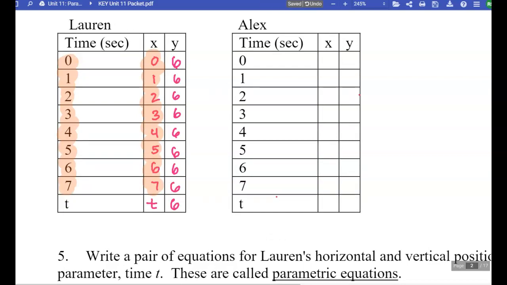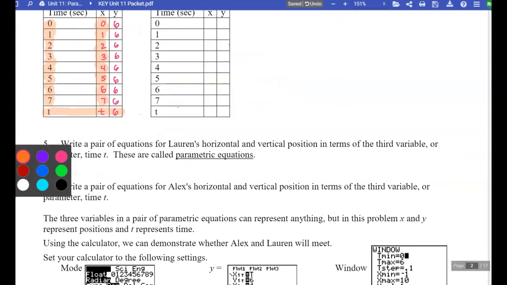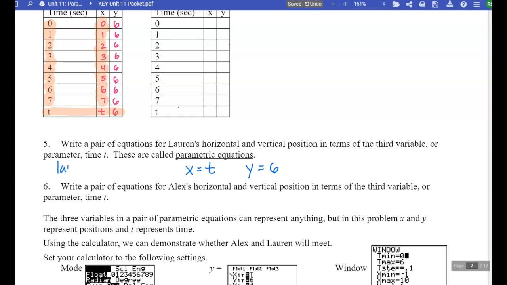Guess what, guys? We just created our parametric equations for Lauren. Lauren has a set of 2 parametric equations where x is t and y is 6. These are Lauren's parametric equations. All that a parametric equation is, all that parametric equations are,